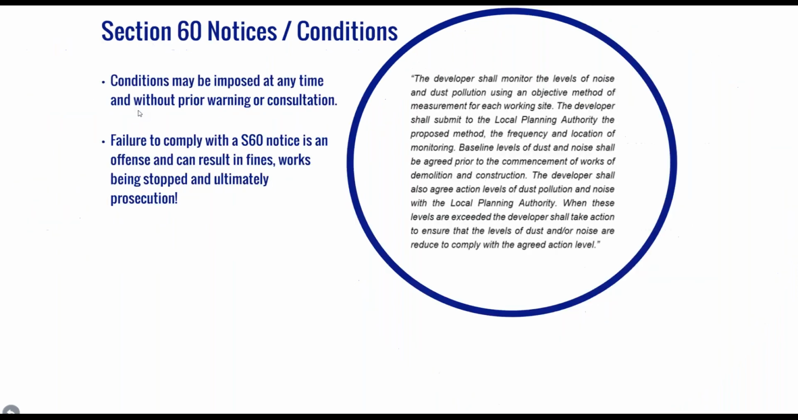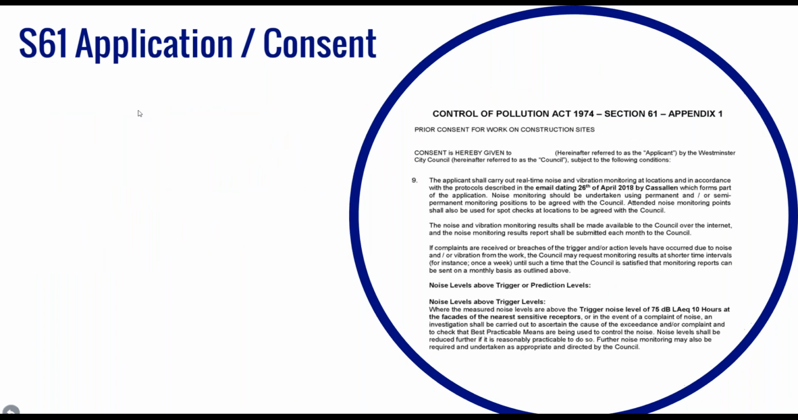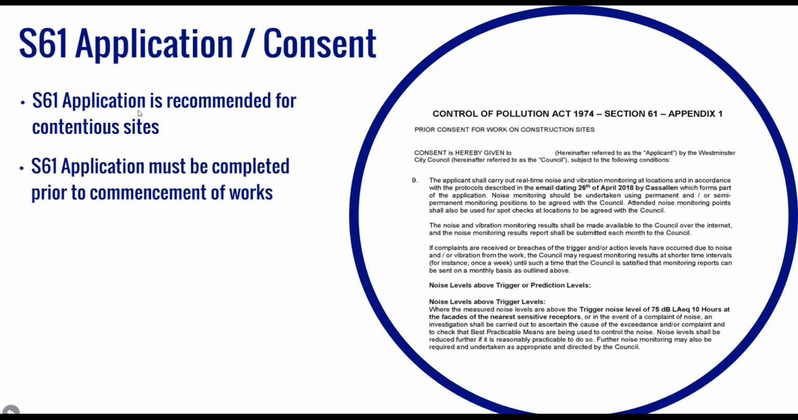Moving on, the next thing that we'll look at is a Section 61 consent and application. So, alternative to a Section 60 notice, a developer may apply to the local authority for prior consent to start work under a Section 61 agreement. This is usually something that we'll recommend for contentious sites where dust, noise or vibration emissions are likely to be an issue. The agreement must be completed prior to the start of construction work and requires the contractor or developer,